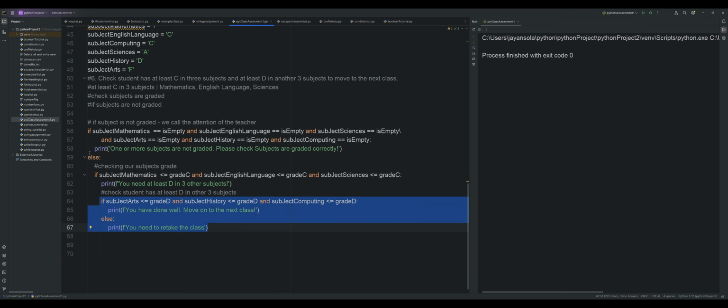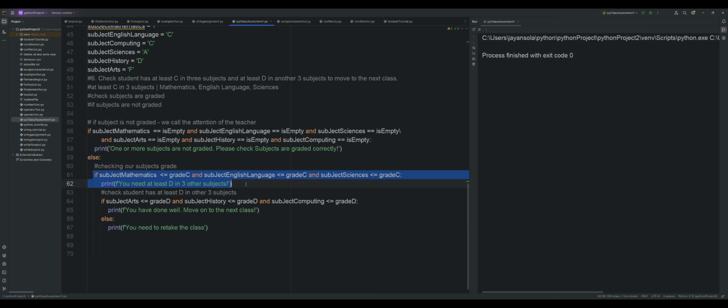If you look at this if and this else, if you use this imaginary line, they fall on the same line. But if you look at this if, there is no else, so that means we need to put another condition so that if that one doesn't get run, then something else gets run. So I will just come there, I will go back to the line and just do else. So if it doesn't make at least C in mathematics, English language, and this thing, we will say print,